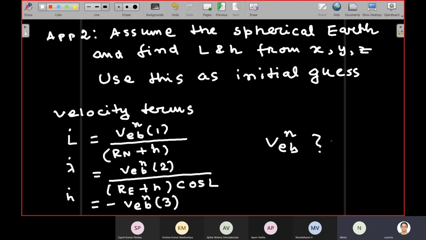Ma'am, B is the body frame of the object that we are considering. N is the NED frame, and E is the Earth frame. What do you mean by Earth frame? Which Earth frame are you talking about? Ma'am, Earth-centered frame. Which frame? How many frames did you define in the class that are earth-centered? Only one frame? Ma'am, Earth-centered, Earth-fixed frame. Okay, so you have